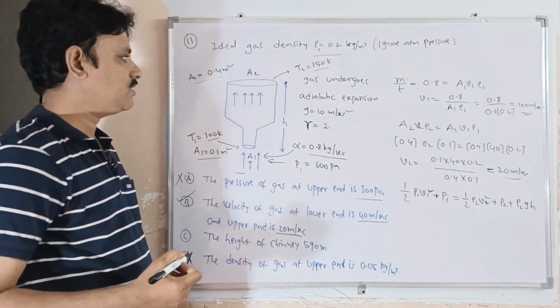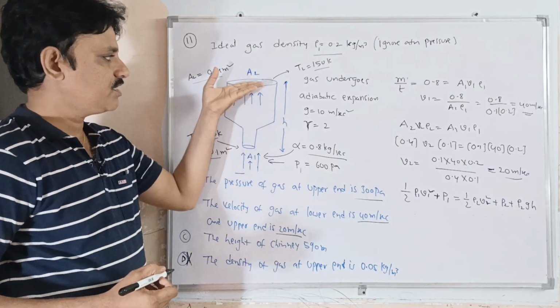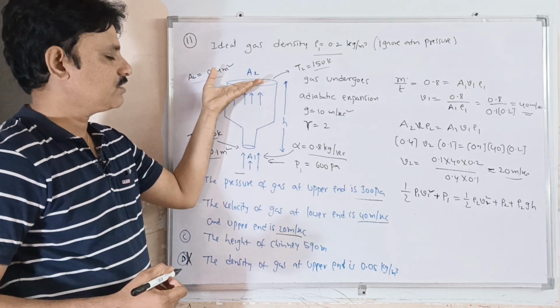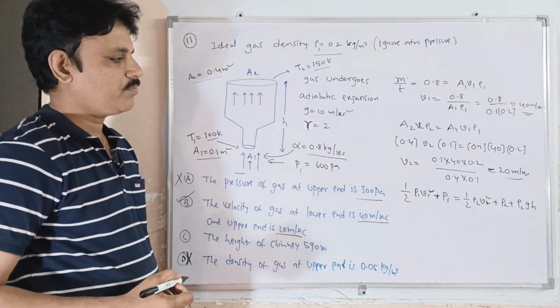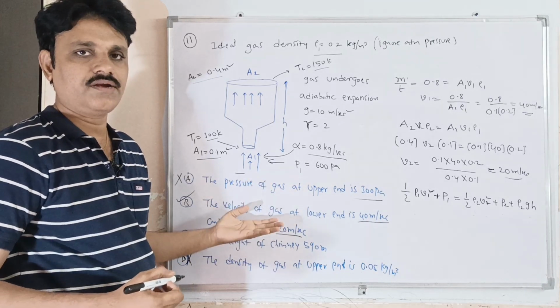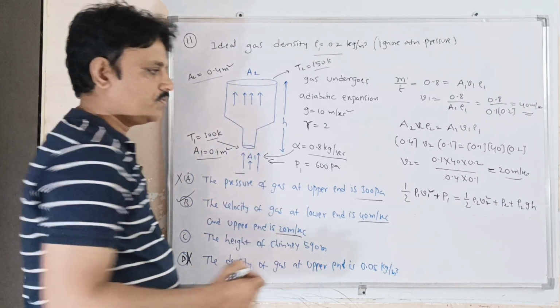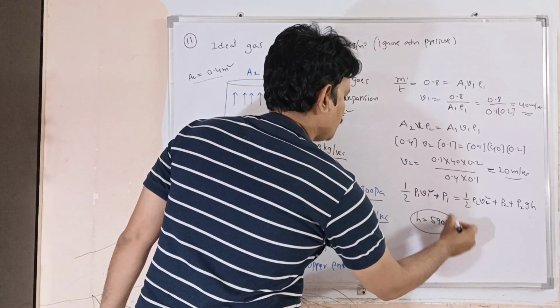So here, at the upper end, there is an additional part of energy, that is potential energy. So potential energy per unit volume is also at the upper end, in addition to the lower part. If we apply the law of conservation of energy and substitute all the values we calculated and whatever is given in the problem, we get the h value equal to 590 meters,